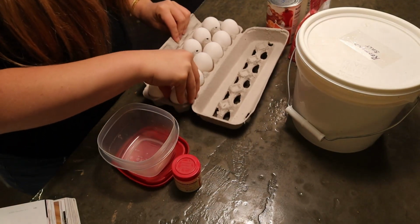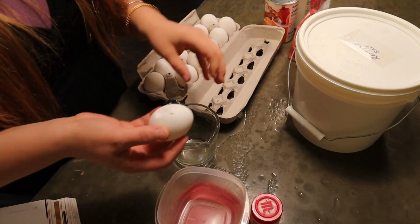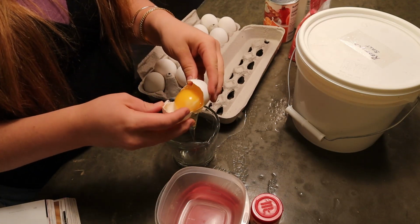Sorry, the lighting is getting weird. It just gets dark so early. So I need a cup of egg whites. I'm going to try and attempt to separate them myself. You could buy them in the carton, but